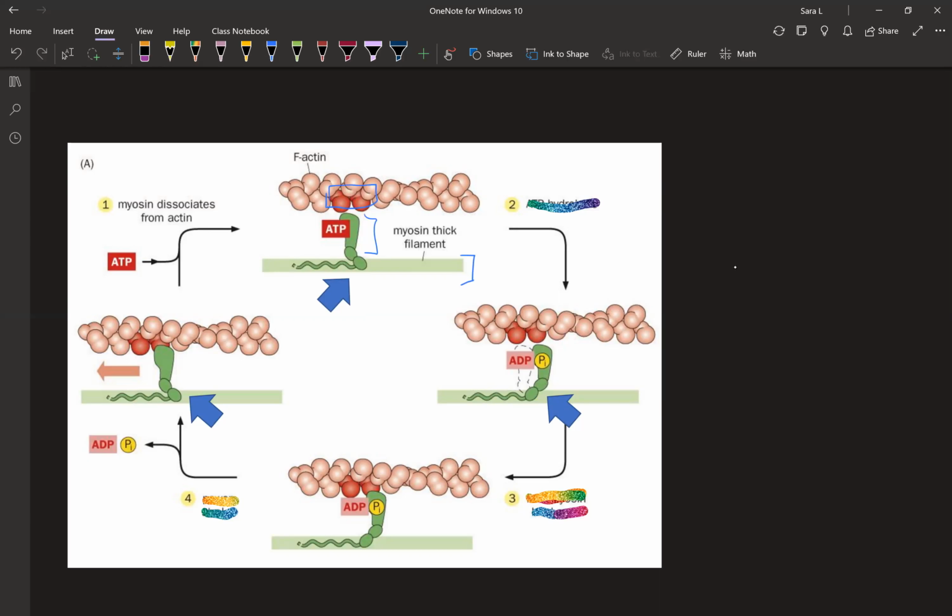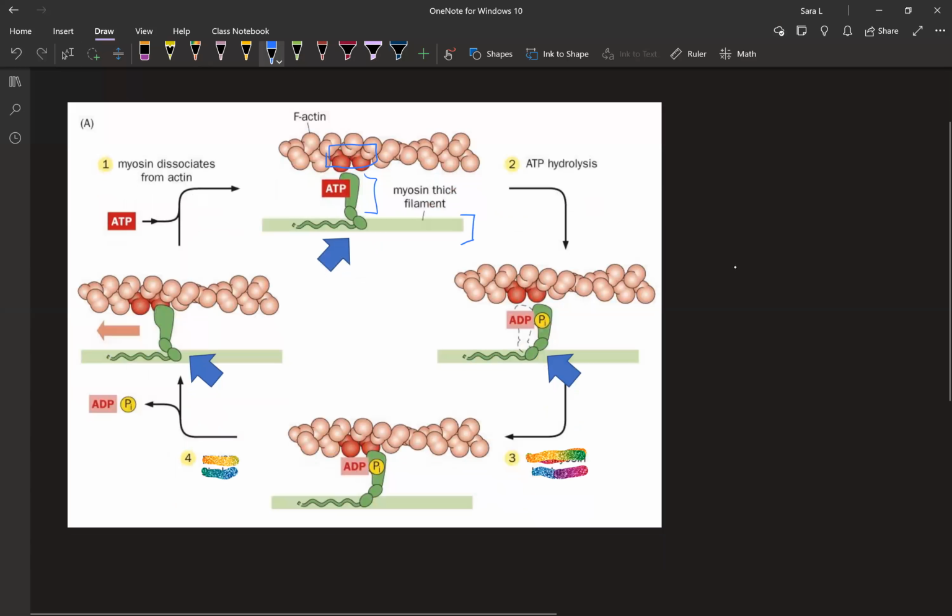The second thing that happens is our ATP hydrolysis. The ATP hydrolysis actually is the part where you move. So before we were here, and then this flips. You can see the orientation change from photo 1 to photo 2, how it's changed from the head being more towards the left to now it is more towards the right. And that is what the ATP hydrolysis did, that orientation flip. Now we have an ADP over here. So the ADP is going to